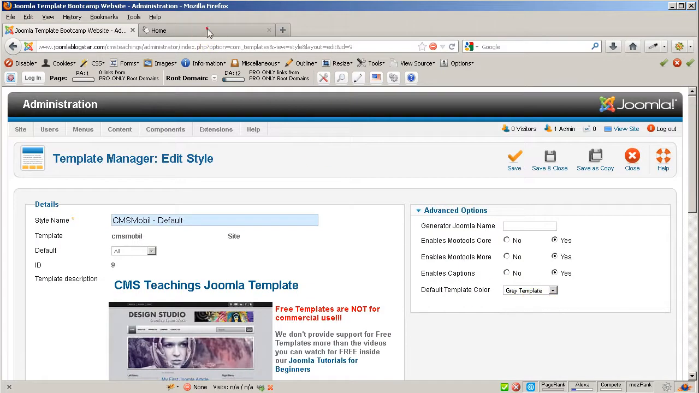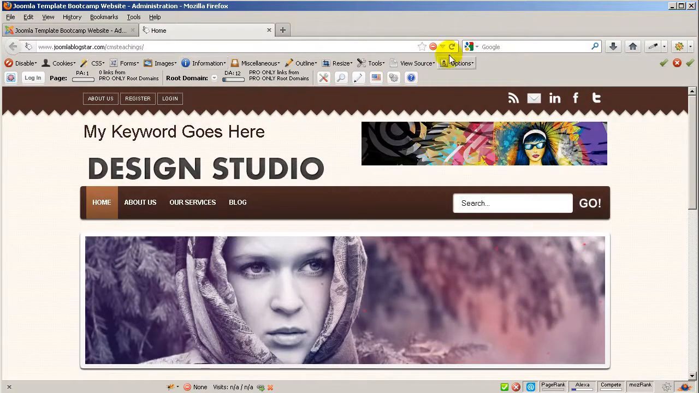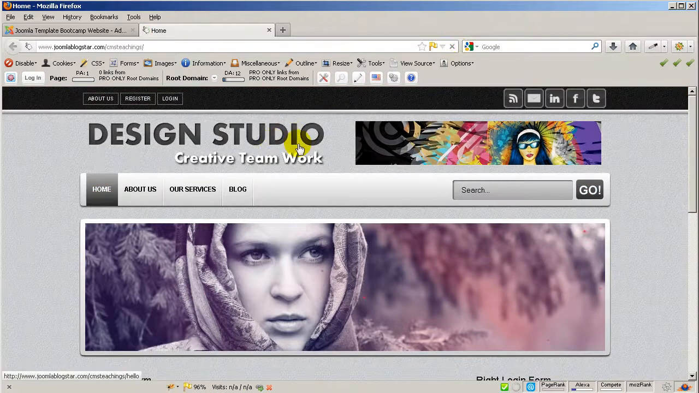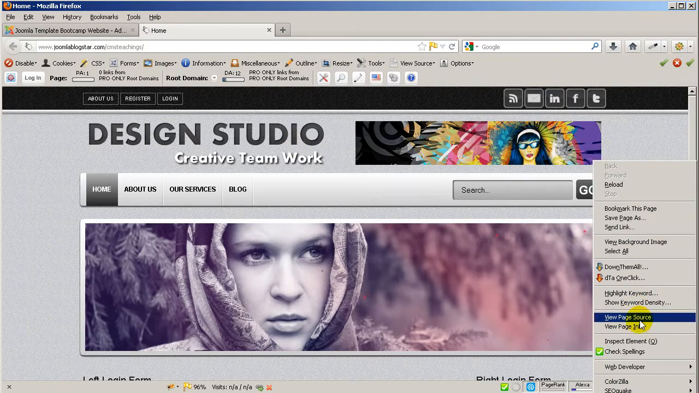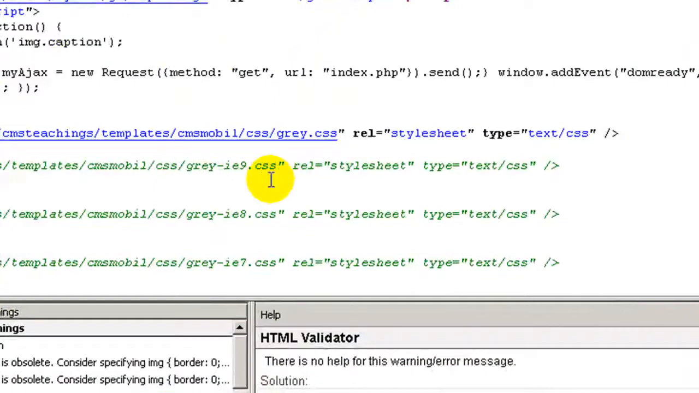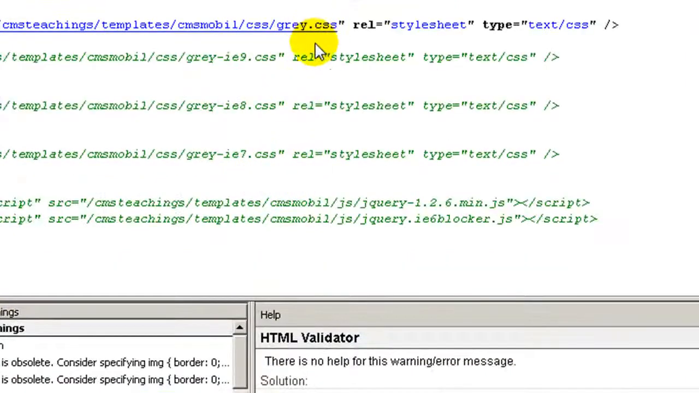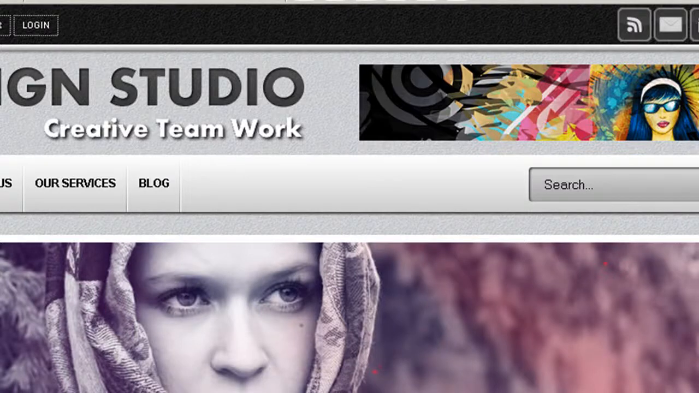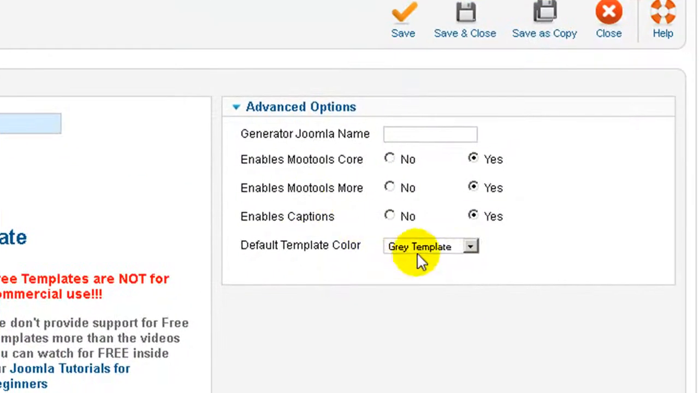Now if we go to the template and inside the front page, let me click refresh, we are going to go back to the gray template. And if I right click and view page source, let me show you what we are going to have. If you notice, we are going to have gray CSS, gray IE 9, and Internet Explorer 8 and 7. Now see what will happen if we change all this to the blue template, click Save,